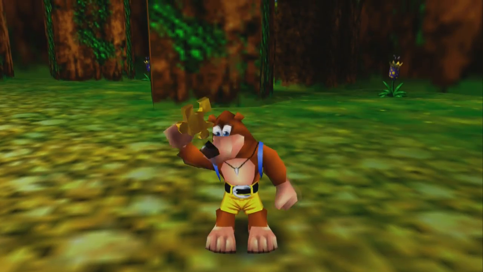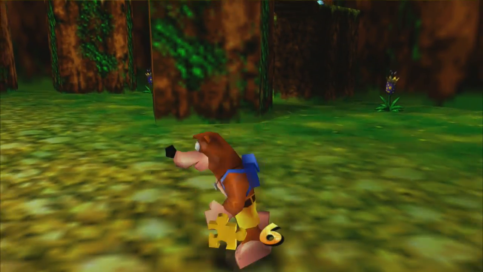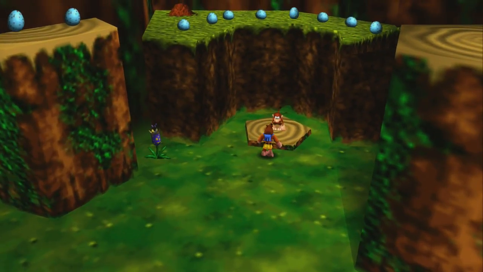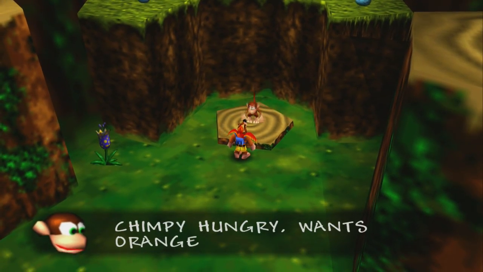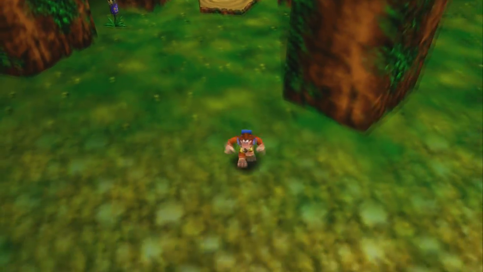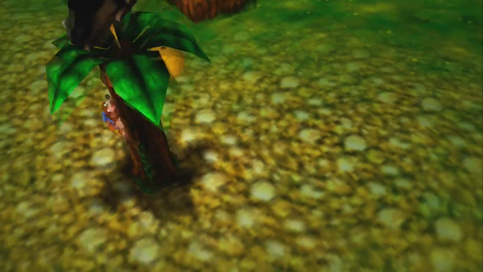By the way, I'm not even too sure if you're supposed to ground pound on them. I think you just have to have him hit it with the oranges. Anyway, you do that. No, wait, no, you do have to hit it with your ground pound. Never mind. Anyway, this monkey says, "Hey, I'll let you in on something cool if you get an orange from